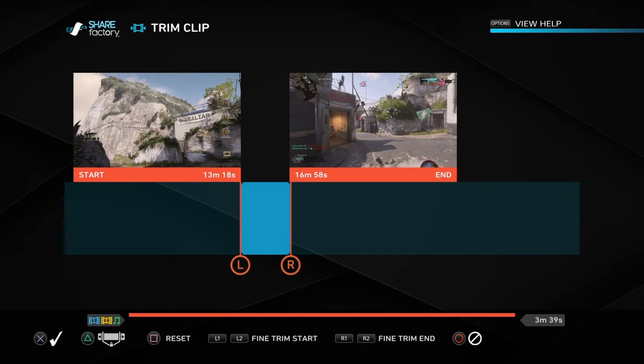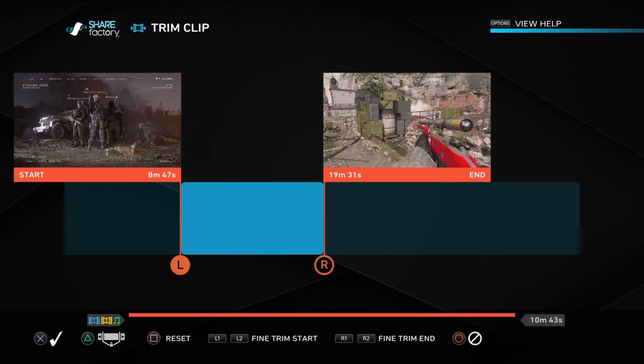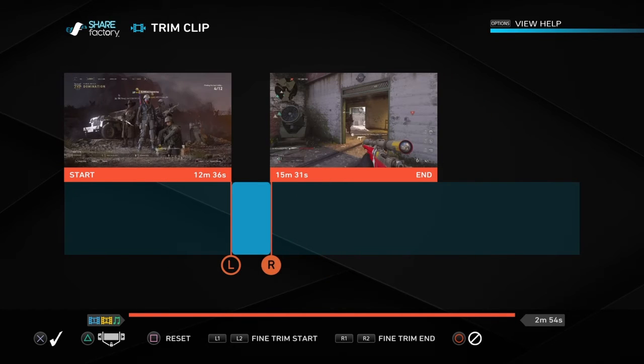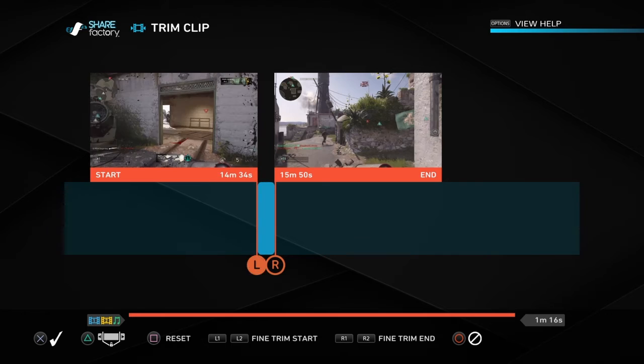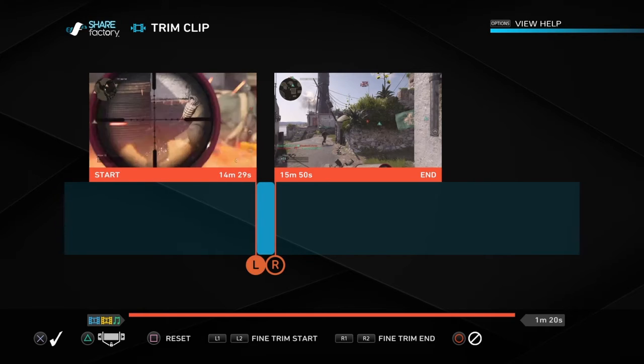And I'm really gonna try this with my next montage video, when I get all the clips together and really do a good job of meshing them together and making them look really smooth. It's probably gonna be one of my best edited videos of all my YouTube montages. I think it's gonna be really good. But yes, you can move this left and right around. So you can see here, I can edit to the nanosecond,